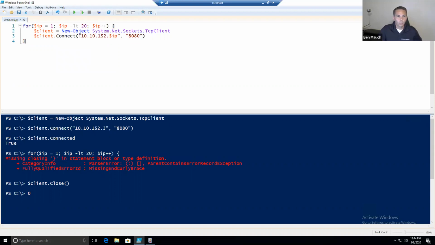What's neat is with PowerShell, as long as you're using double quotes, when you put a variable inside of those double quotes, it'll take the value of what's in that variable and replace it. If I were to use single quotes in this manner, it wouldn't. So it's very important: single and double quotes are very different in PowerShell. So what this will do is go from 10.10.152.1 all the way through 10.10.152.20 and attempt to connect